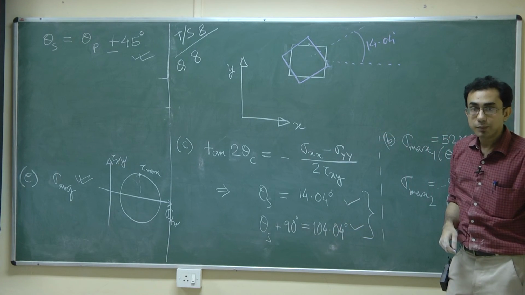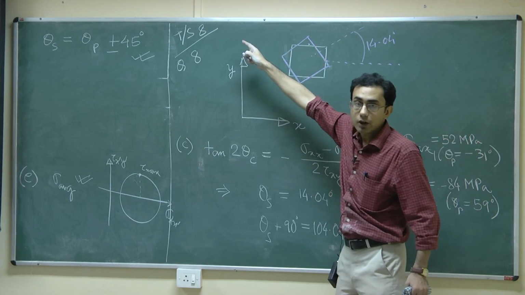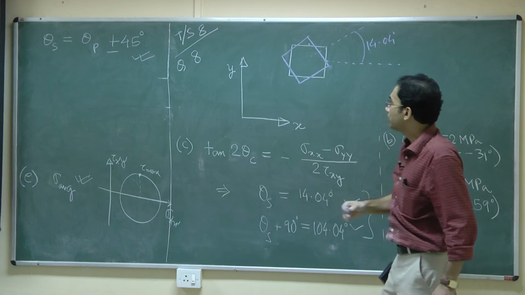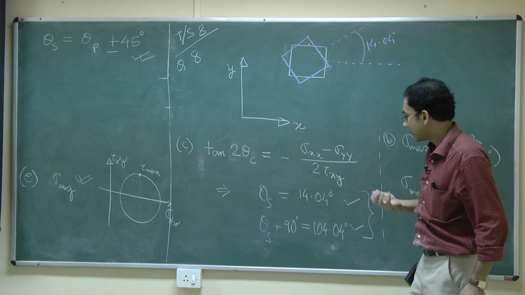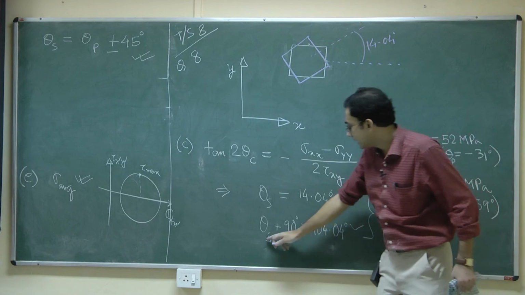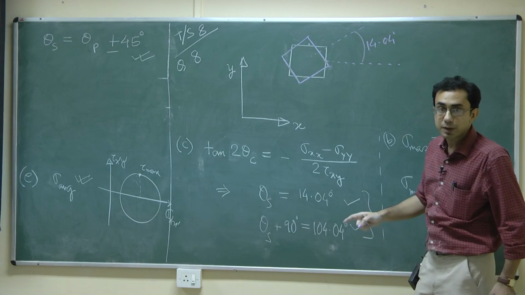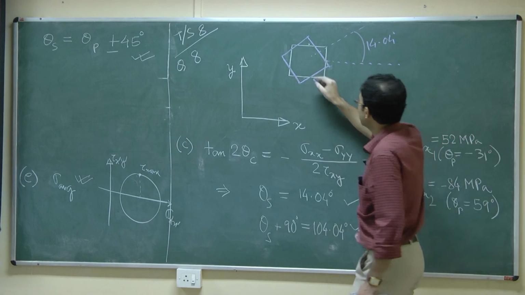Does it really mean that you go from here to another 104 degrees? Of course, you could do that, but can you perhaps extract some interpretation from this diagram itself? You see what I have done here, the theta s plus 90 degrees. That theta s plus 90 degrees is very much present within this square itself. So, you see here,